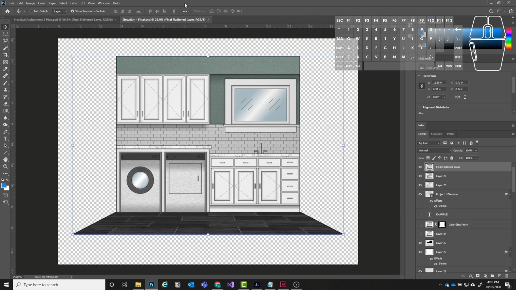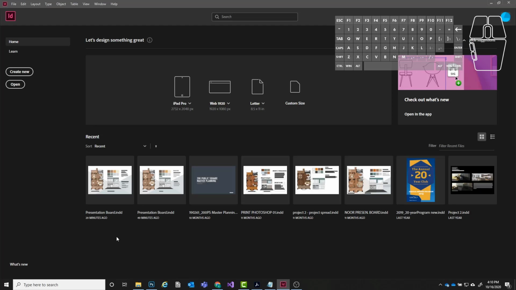All right, so once that's done, that's basically all that we need to do inside of Photoshop, and now we can go ahead and hop over to InDesign. All right, so if I go in here to InDesign,